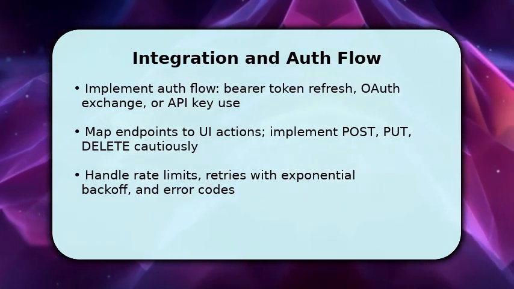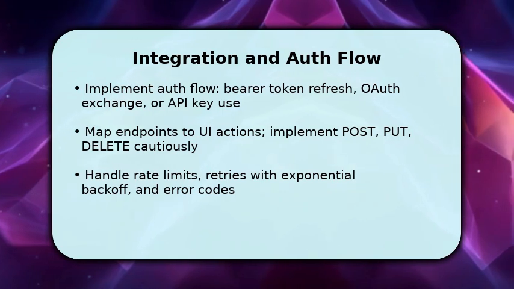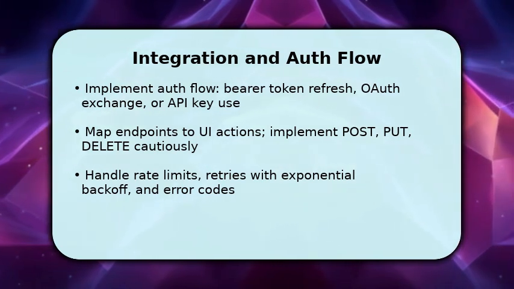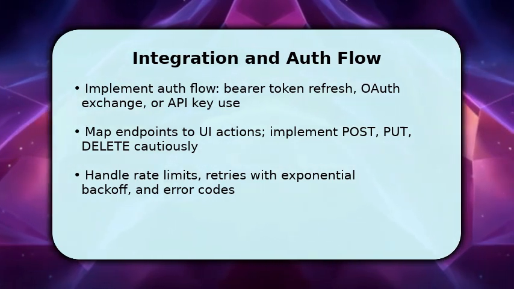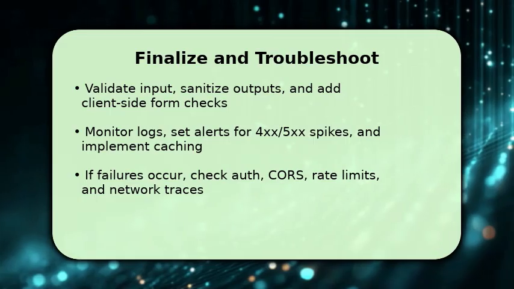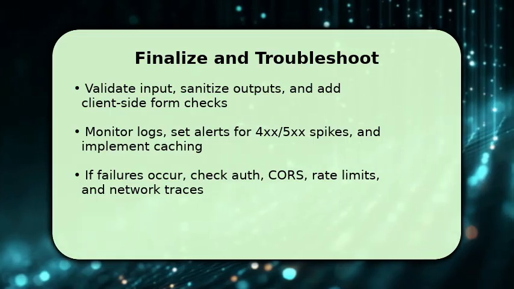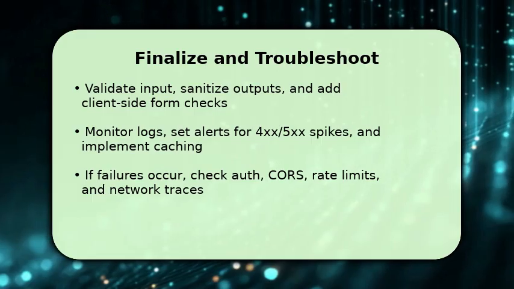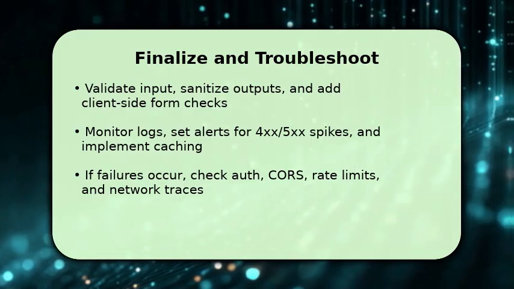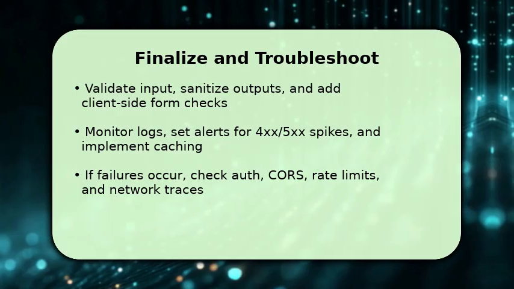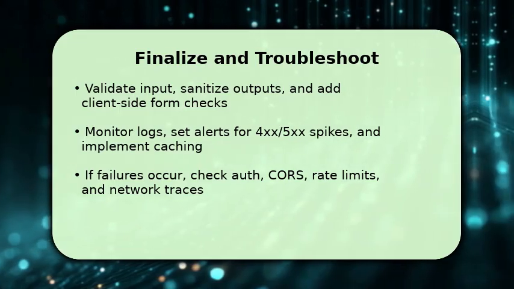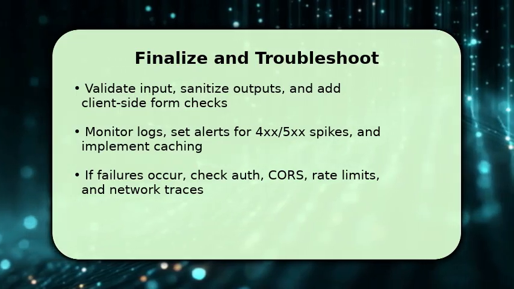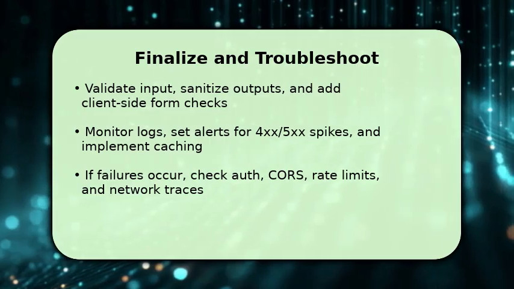This prevents cascading failures. Also parse and surface meaningful error messages so users understand next steps. You're finishing up by validating user input before sending requests and sanitizing API responses before rendering them, which prevents errors and XSS. Once done, add caching for frequent reads and monitor logs with alerts for increases in 4xx or 5xx